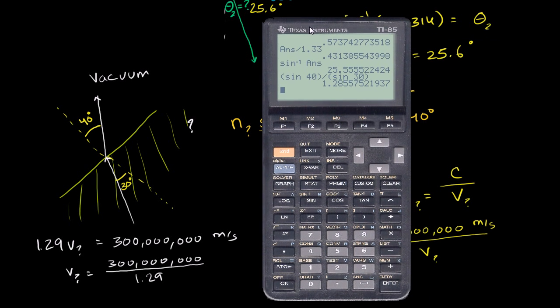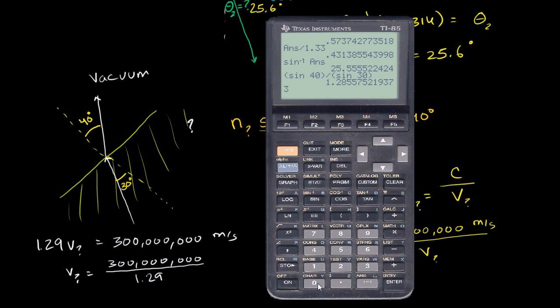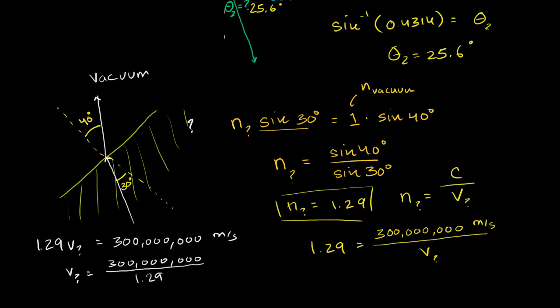So in this material, light will travel 300 million divided by 1.29. Light will travel a super slow 232 million meters per second. So this is approximately, just to round off, 232 million